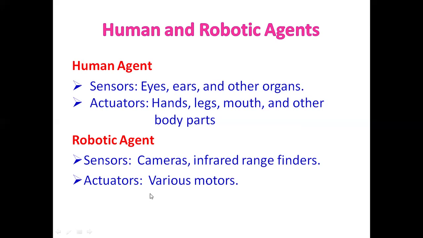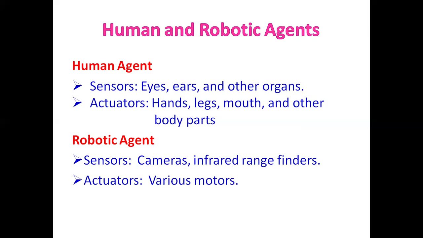So, in this case, the actuators of a robotic agent, typically various motors, are responsible for carrying out actions based on data received from the sensors. Motors drive the movement of the robot, whether it's for locomotion, rotating, and manipulating objects. For example, wheels or tracks powered by motors enable the robot to move across surfaces, while servos or robotic arms can manipulate objects with precision.